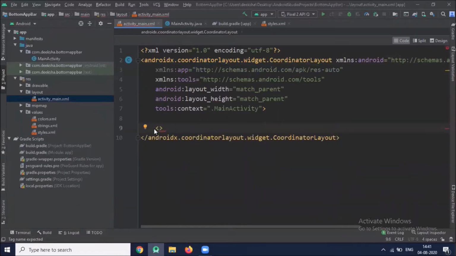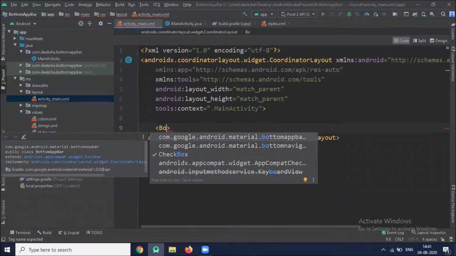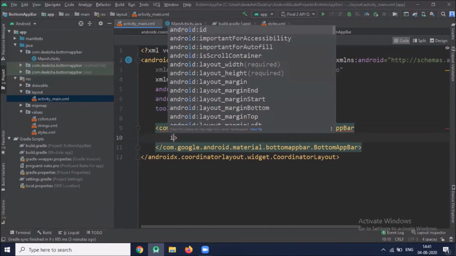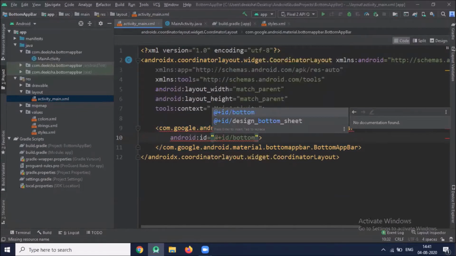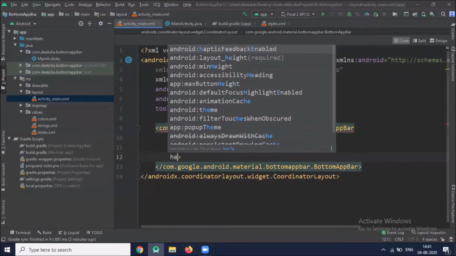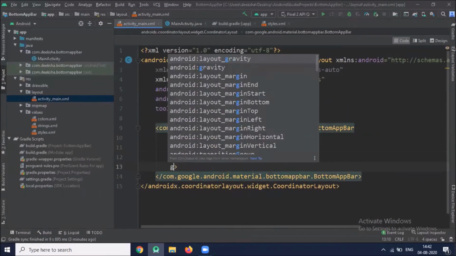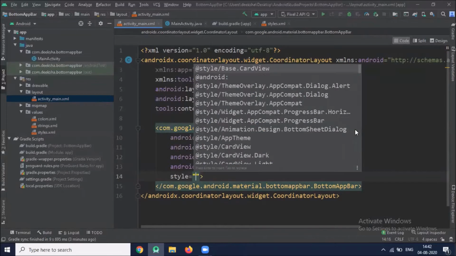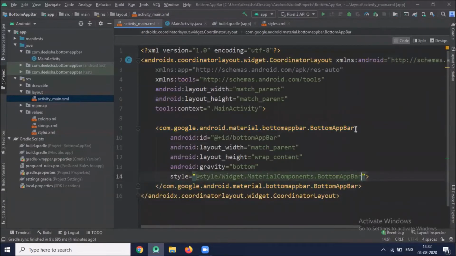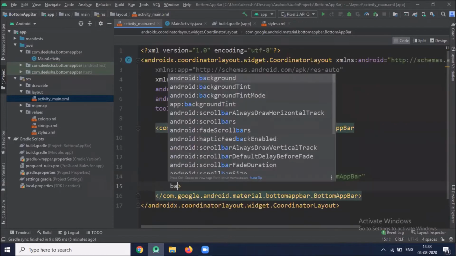So first we will add bottom app bar. Don't forget to add style Widget.MaterialComponents.BottomAppBar.